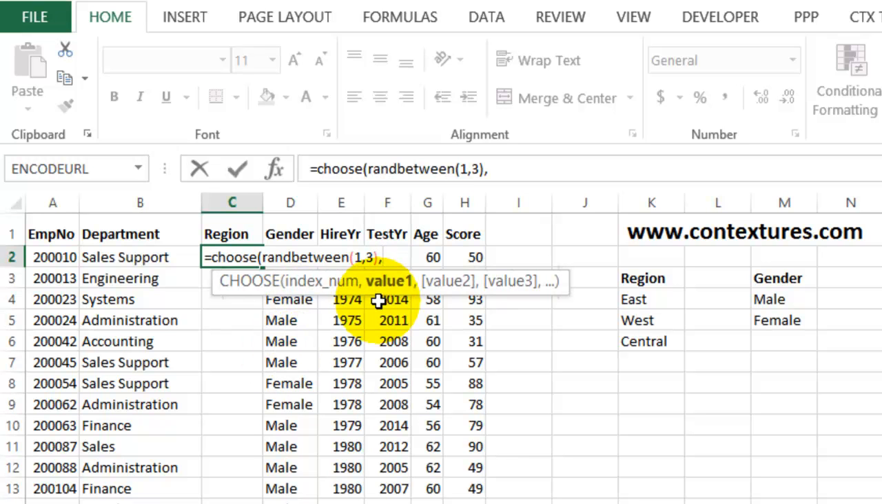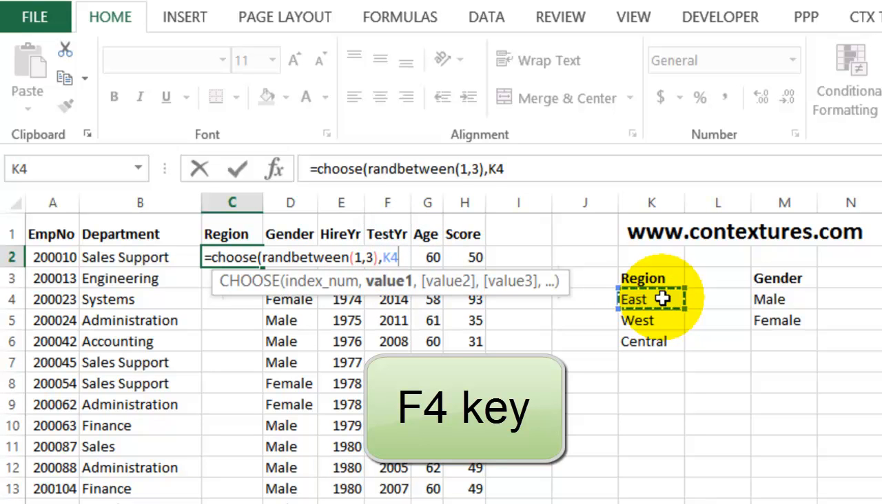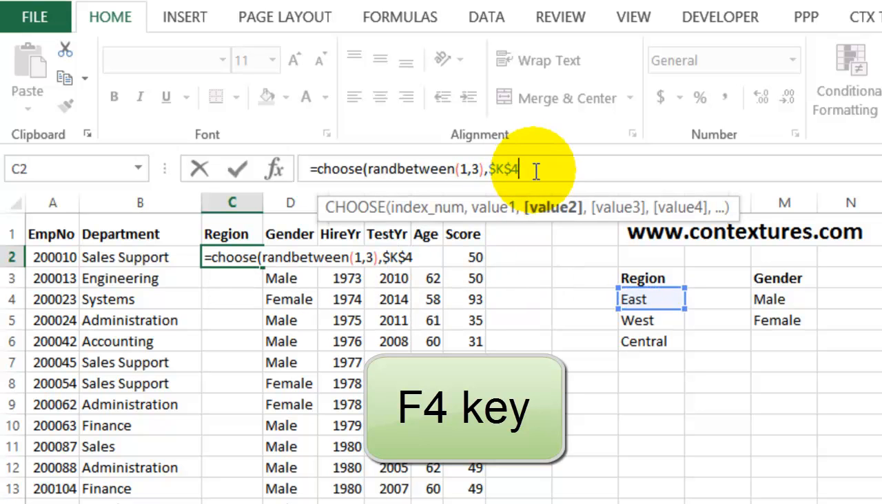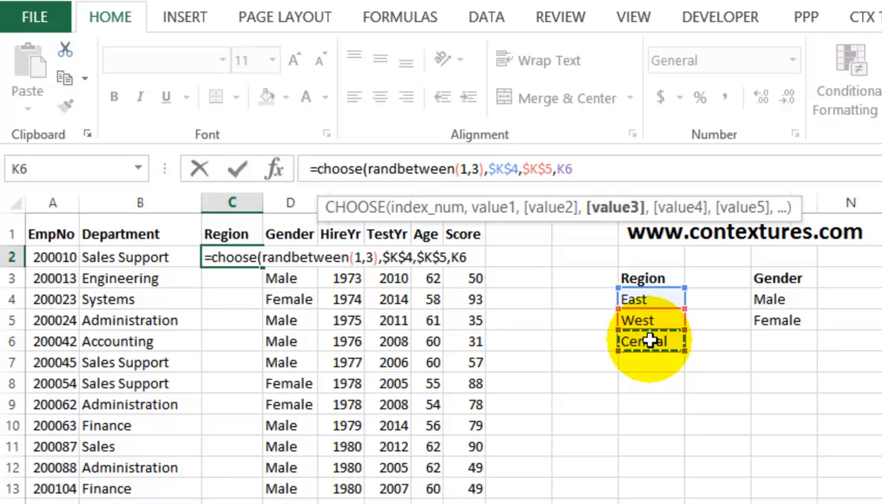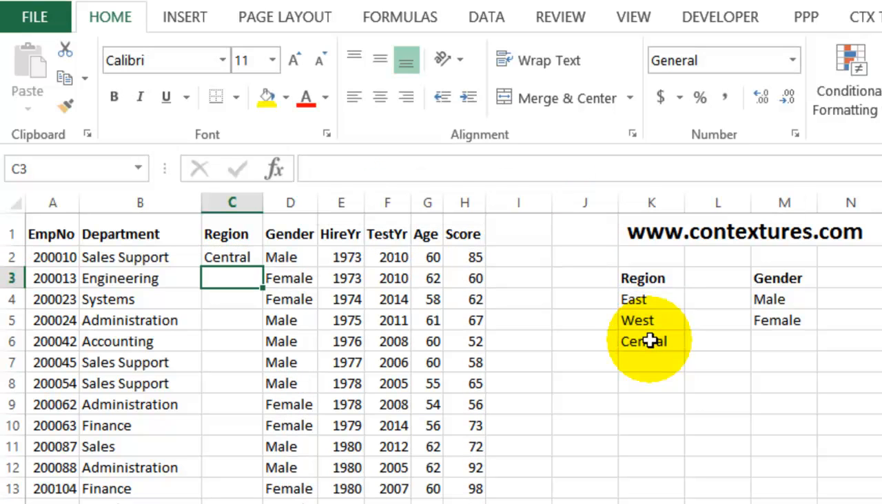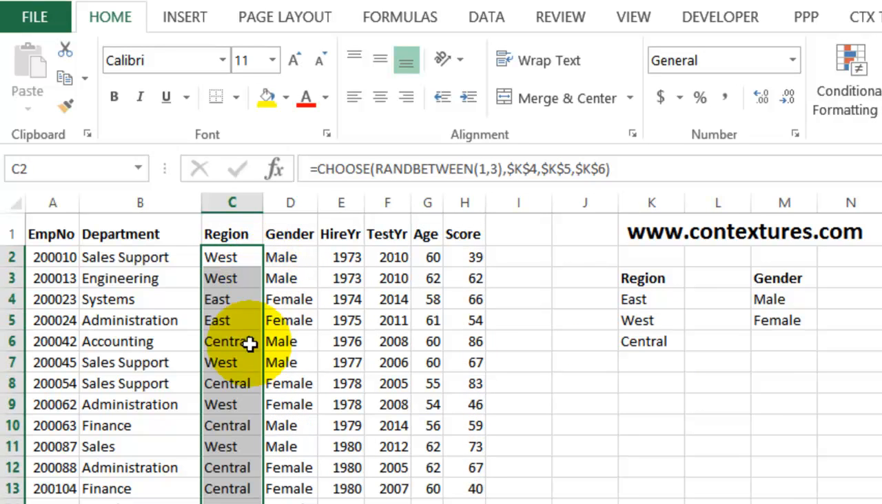Then our values, we could type them, or we can click on the cell to reference them. So the first one is east, and I'll press the F4 key to make that an absolute reference, so it'll stay K4 even when I copy it down. And then a comma. The next one is west, so that's K5, and again press F4 to make that an absolute reference, comma, central. Press F4, close the bracket, and press enter. So it's done our first region, and then I can double click to copy that down,